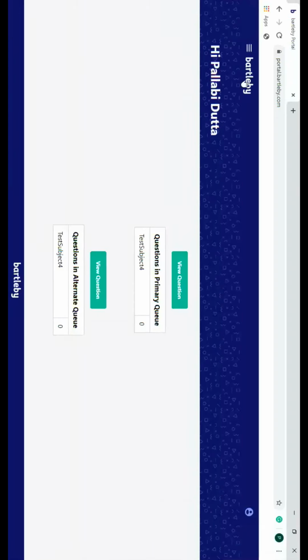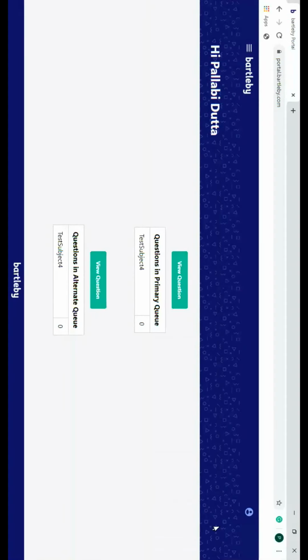Just below the logo, you will be able to see your name. In case you don't see your name, please get in touch with your coordinator and he or she will be fixing it for you. At the top right corner, you will find an account icon under which you will find two options: change password and logout. Make sure that you change the password the first time you log in. Also, make sure to log out every time you finish answering for the day.